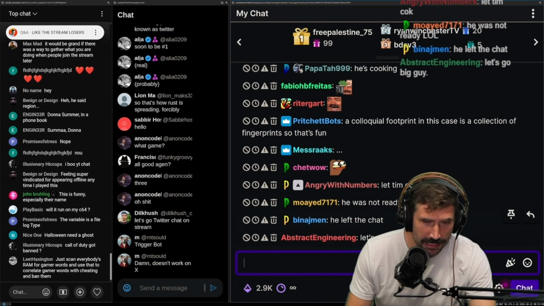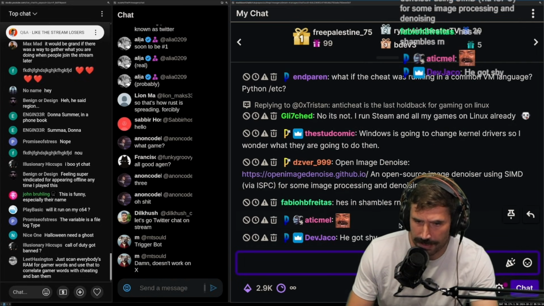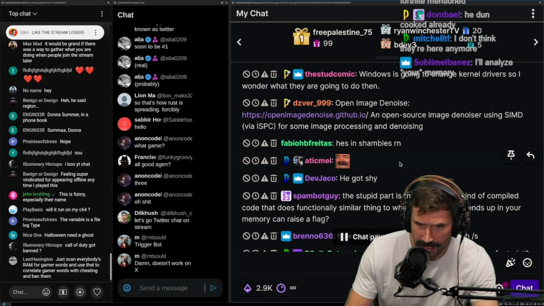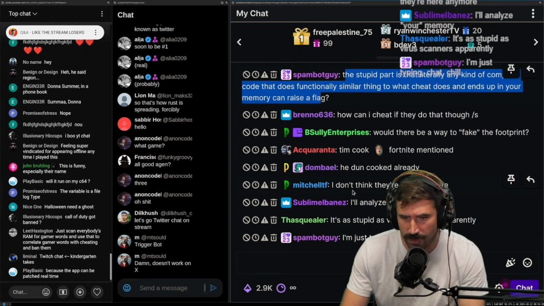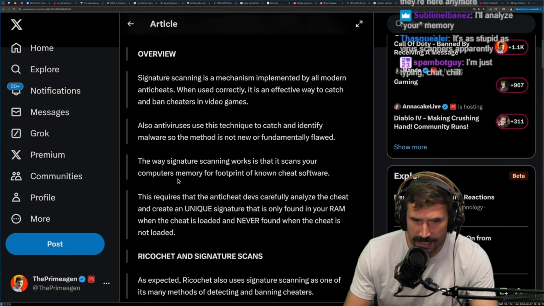Yeah, let Tim cook. We're going to let Tim cook. The cheat developers can just recompile the cheat. It's not as simple as just recompiling the cheat. The stupid part is that any kind of compiled code that functionally does a similar thing to what the cheat does and ends up in your memory can raise a red flag. Well, I think that's why, just let the man chill. That's why I said they have to